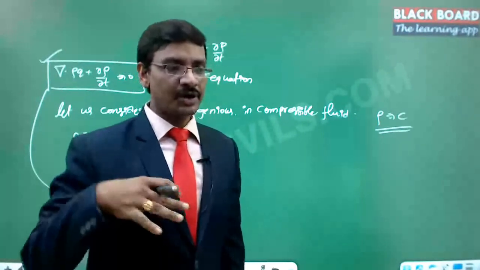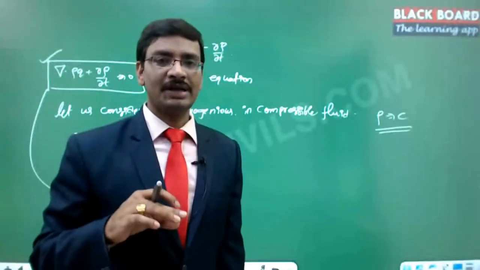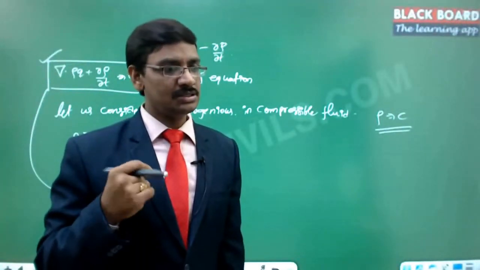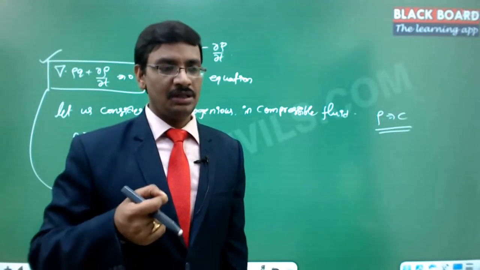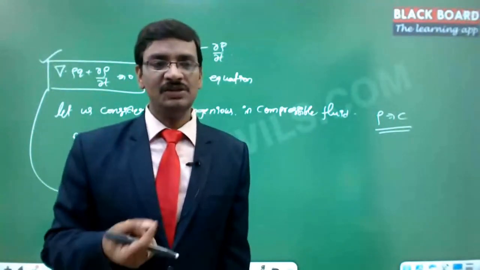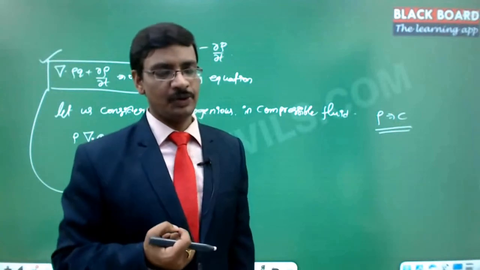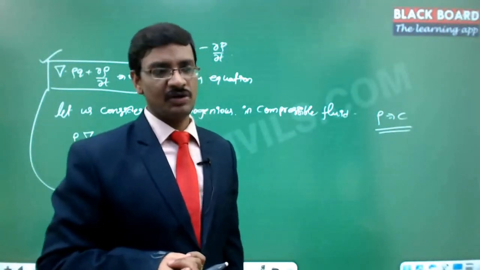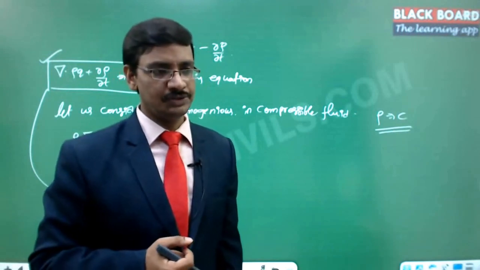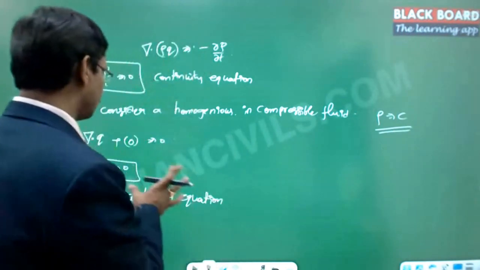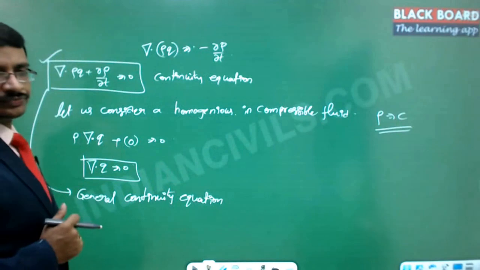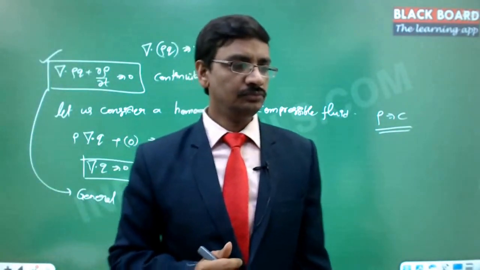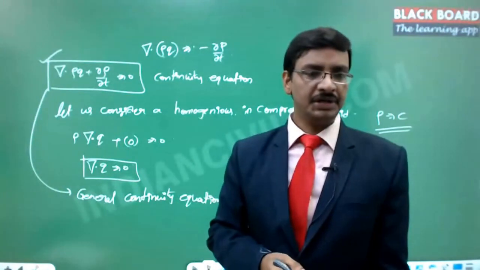But if the fluid is of a compressible nature, then that characteristic at that particular point is subject to change, because the amount of fluid pressure will change the density at that particular point. That is the reason we take that particular value as a function of x, y, z for all heterogeneous fluids. Got it? So this is what is called the continuity equation. Any questions on this? You can ask me now. Any questions? Continuity equation.